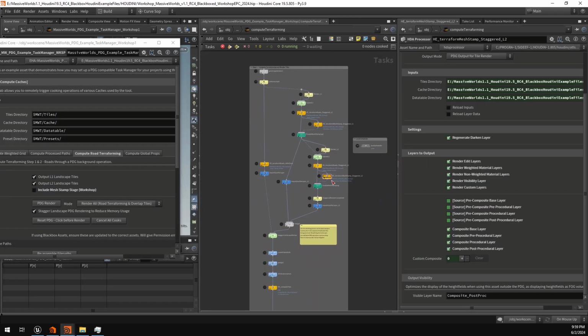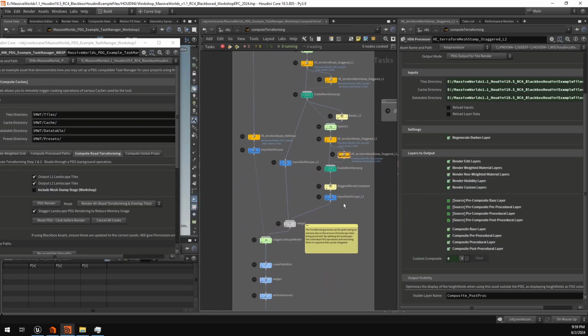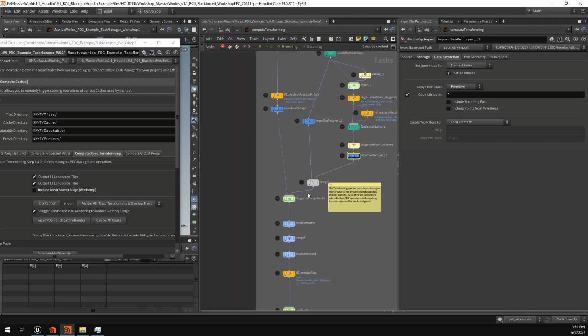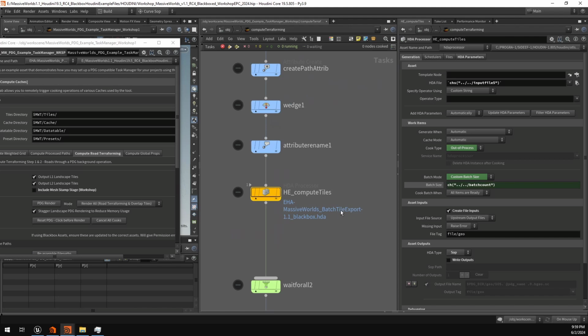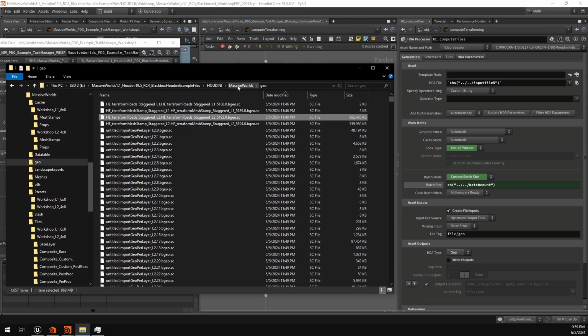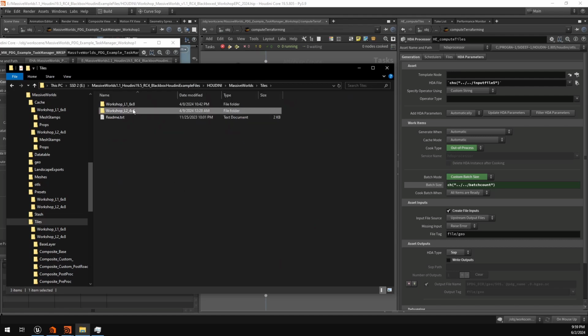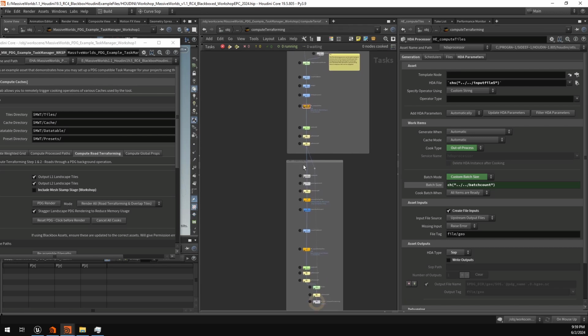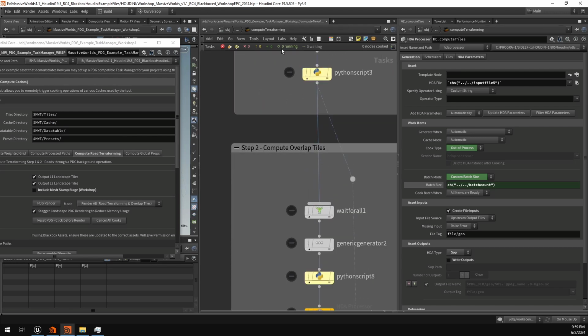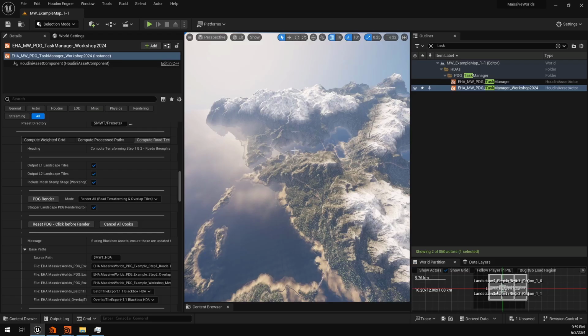Anyway, after this, the data gets pulled together, and then it's going to end up at this node here, which is going to run the batch tile exporter, which will render out all these tiles to the tile folder. After that, we also run the overlap tiles, which is the last process in the chain, which handles the extra